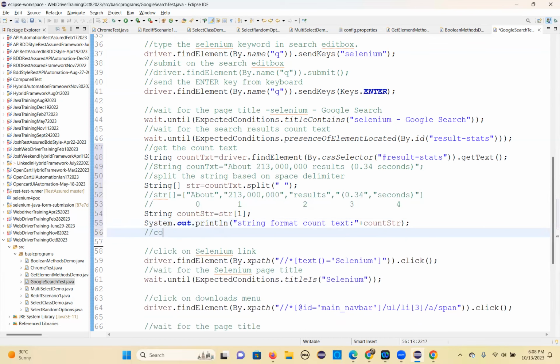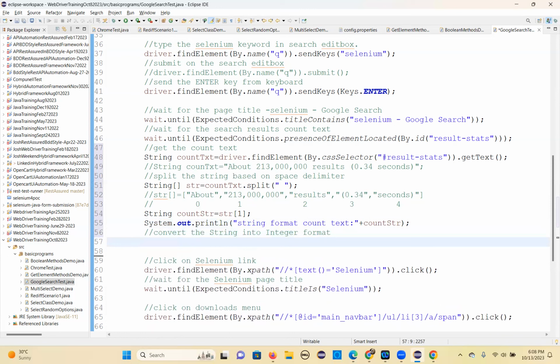So convert the string into integer format. How can you do that? So you have to do it like this. So int, maybe long, I'll use long count result count. So result count equal to